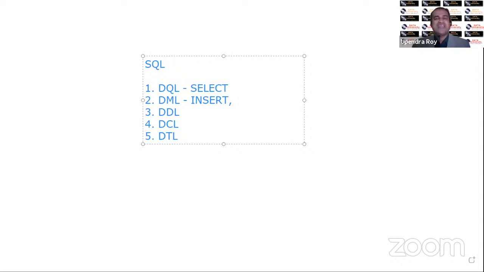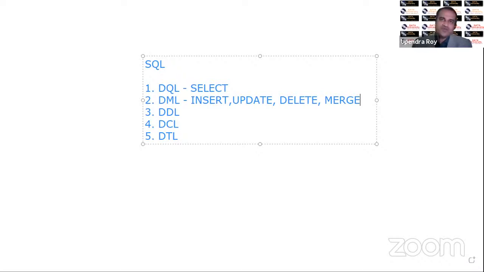So insert is for putting a new record in the table into the database. Update, if you want to modify the record. And if you want to remove a record from the database, that is delete. And one more is there, merge. If you have two tables' data, you club it together. So of these four, mostly we are using the first three: insert, update, delete in our day-to-day life, in